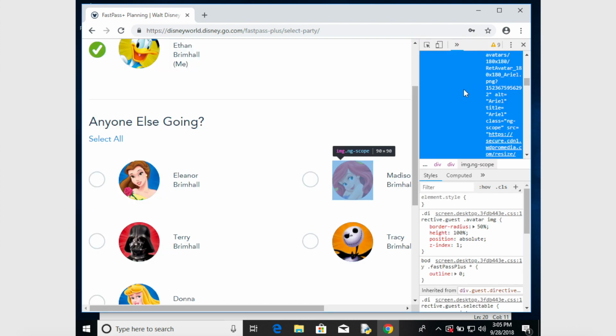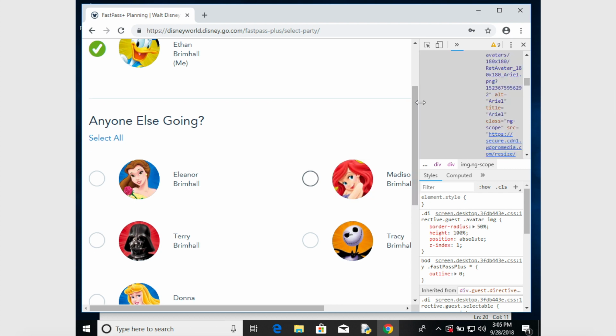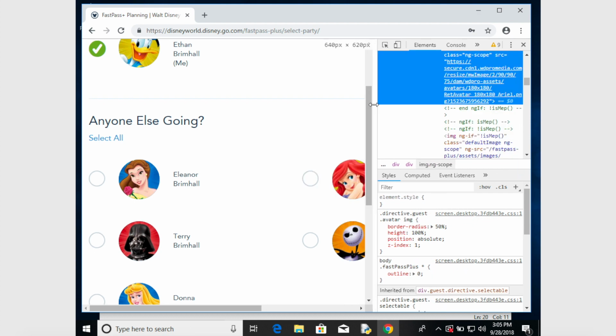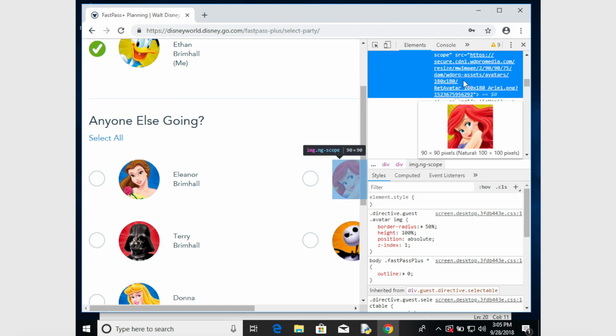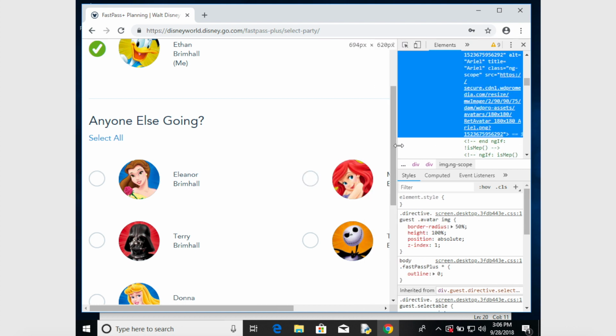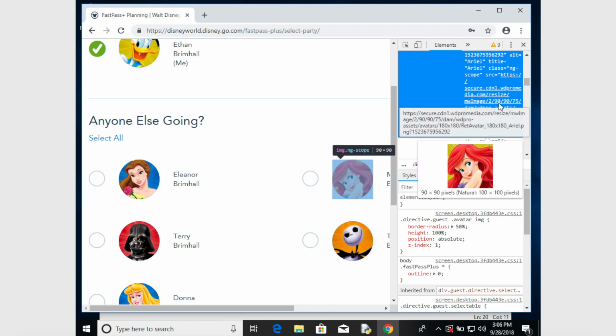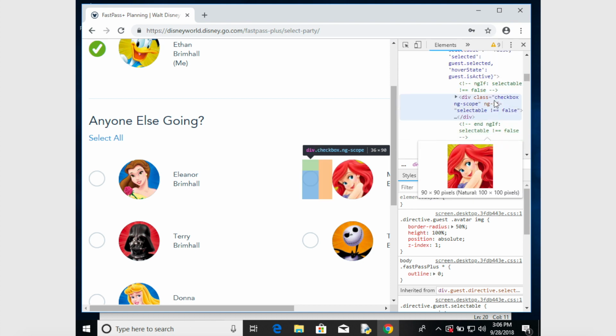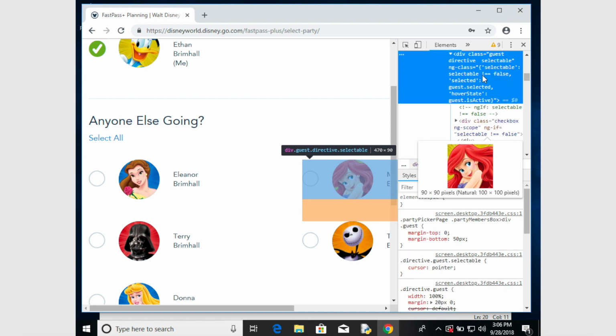and you should see this screen right here. And if it's not big enough, you can just drag it like this, and when you hover over it, you should see that you can see that picture, and you should see right here that it's highlighted. So you just want to move this over a little bit, and it only is highlighting the picture, so you want to scroll up until it's highlighting the whole thing, so the picture, the name, and that little circle, like that. So it is this one, it's the div class guest,